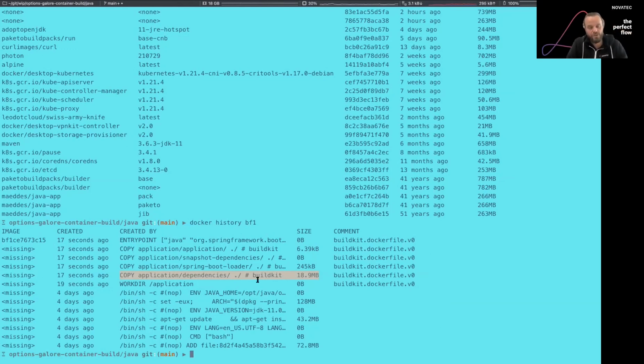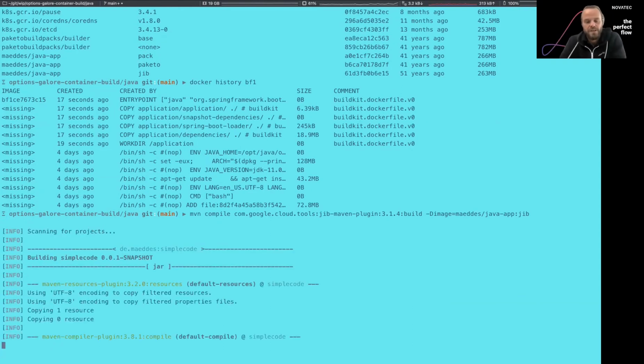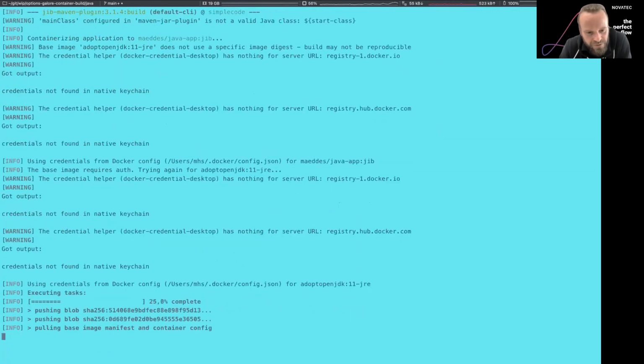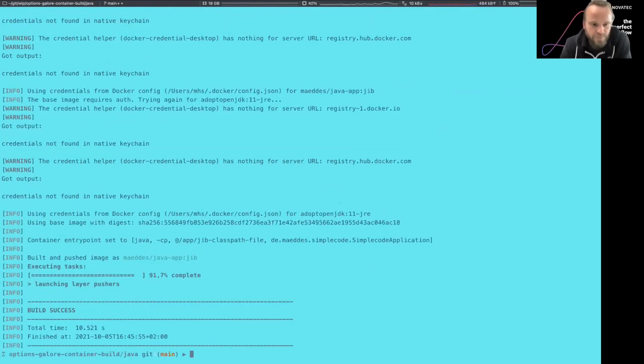Now, what else did I want to show? Looking at things like Jib. I'm trying this one too. As said before, I have my Docker daemon now turned on. You probably don't believe me that I don't need a Docker daemon, but stopping and starting that might kill my remaining time of the demo. So I just need you to believe me.